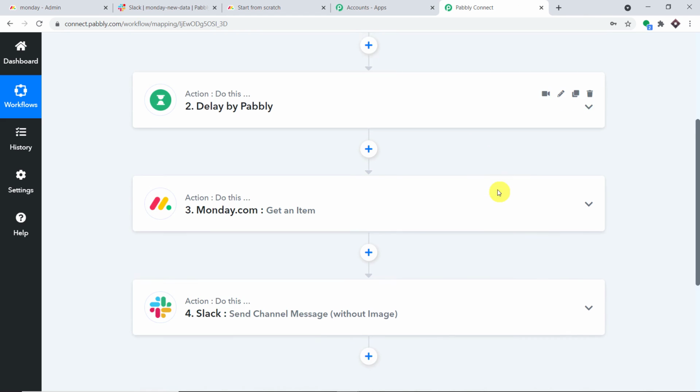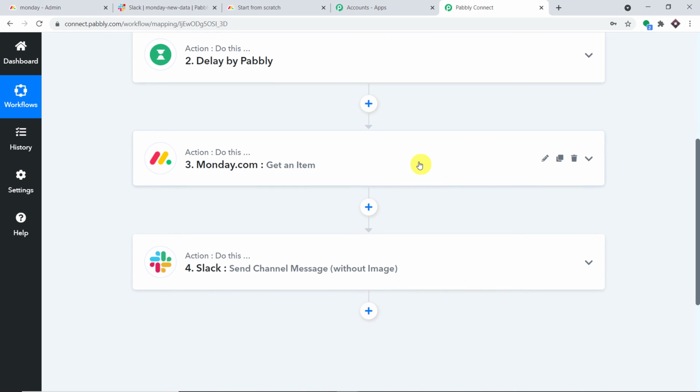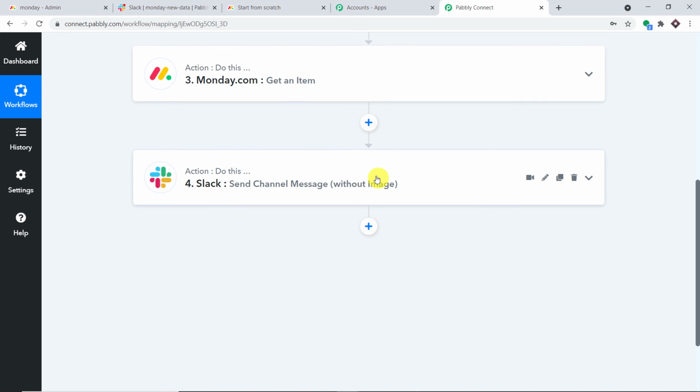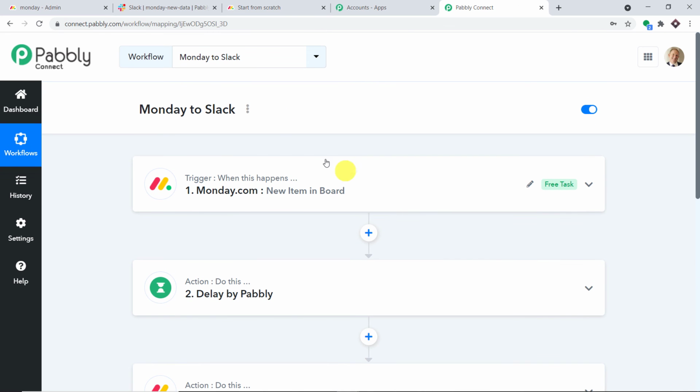And after that, you have introduced this action window to get the item details such as the due date as well as the assignee name, and then we have the status. And after that, you have introduced Slack to Pabbly Connect so that you compose a message and then send it on Slack. So now there is a perfect flow of data between Monday and Slack. Excellent. So the purpose of this workflow is very clear. Once you create this workflow, all you have to do is just sit back and relax, so that whenever a new item is created in Monday, automatically the message will be sent on Slack.